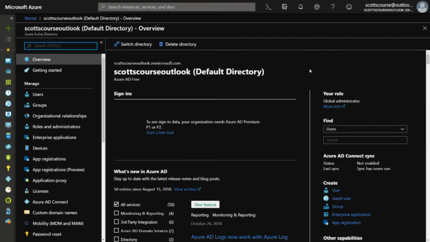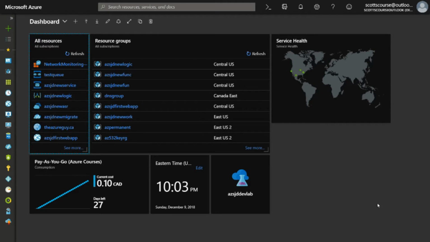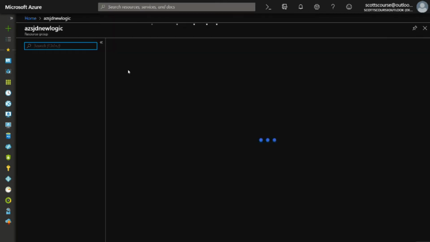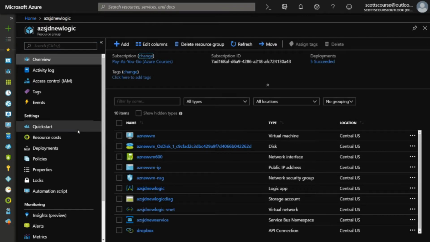But once they're authenticated, what can they do? What is their authority? What is their authorization? And so we haven't to this point talked about authorization. To do that, we're going to get out of Active Directory and we're going to go into, in this case, a resource group. Now, when you go into any particular resource within Azure, you will see typically this access control